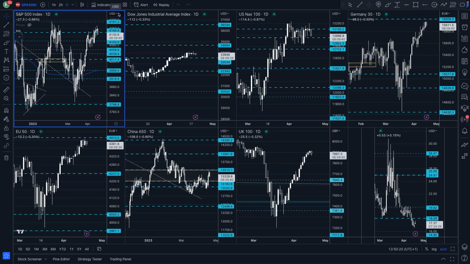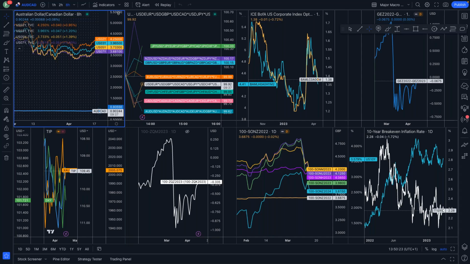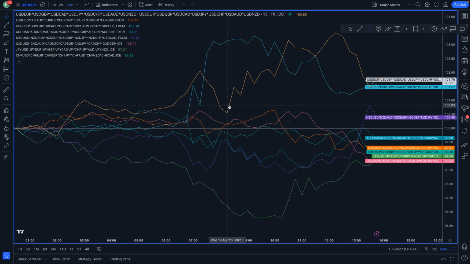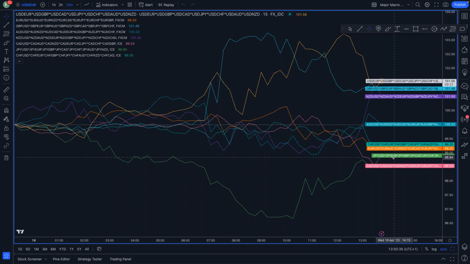So if you don't know what to do, what you can do sometimes, and this is a nice simple answer, is just go and take a look at the currencies just before the print and see which is the weakest or the strongest. So today you can see at the moment, the Canadian dollar and the Japanese yen are the weakest currencies. So that would mean if,